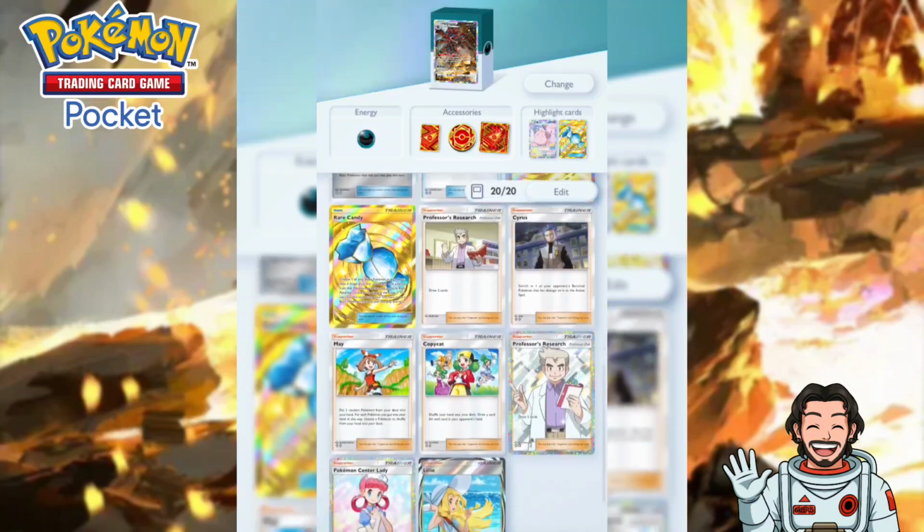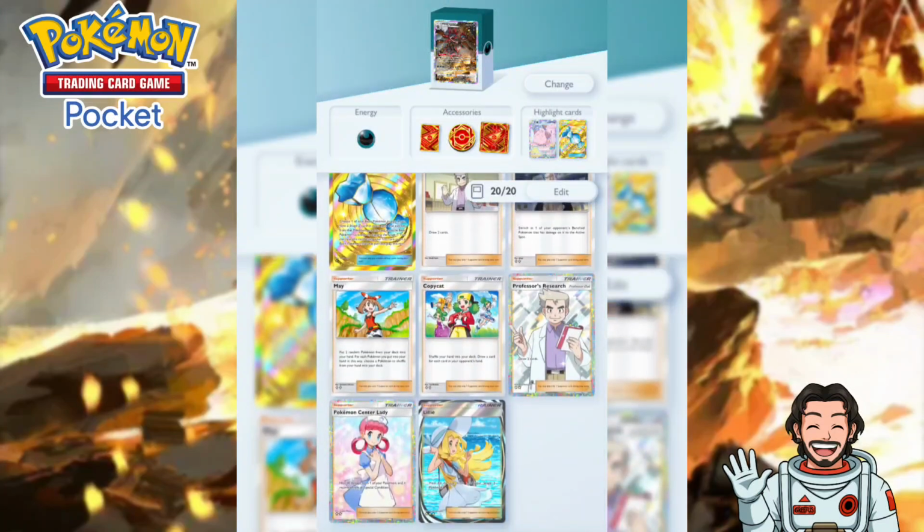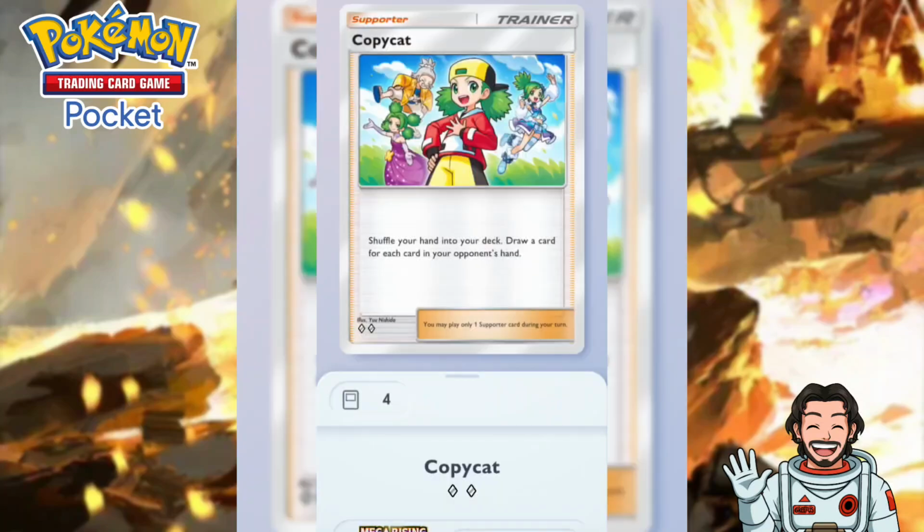So you definitely need to make sure that you have a Pokemon that you are okay getting rid of before you use the May. So just think about that moving forward if you do decide to run this deck. Then we also have a copy of Copycat. Copycat's another newer card. You get to shuffle your hand into your deck and draw a card for each card